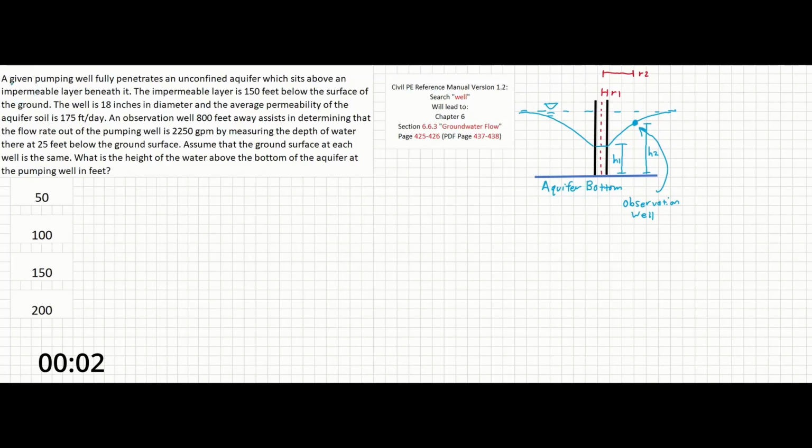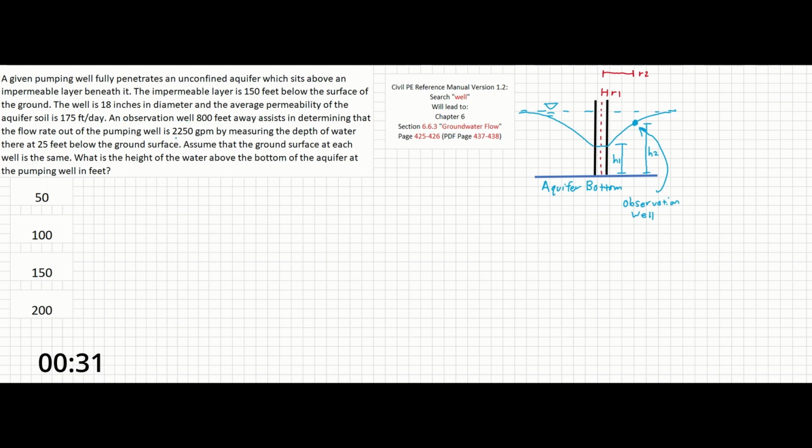In this problem, a given pumping well fully penetrates an unconfined aquifer, which sits above an impermeable layer beneath it. The impermeable layer is 150 feet below the surface of the ground. The well is 18 inches in diameter, and the average permeability of the aquifer soil is 175 feet per day. An observation well 800 feet away assists in determining that the flow rate out of the pumping well is